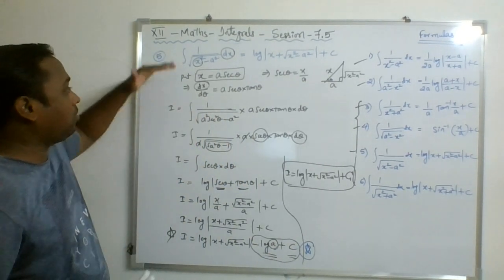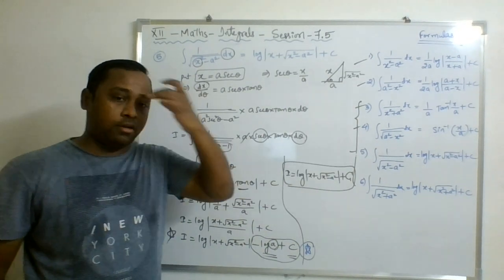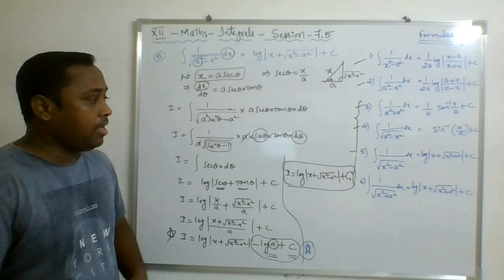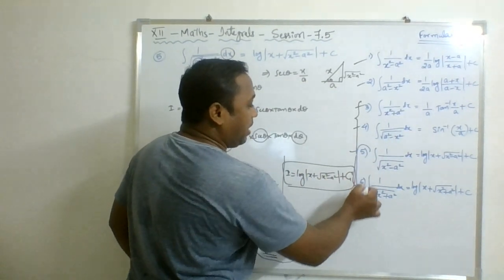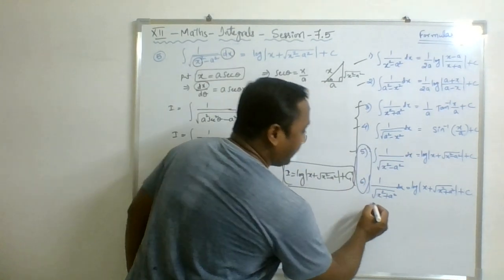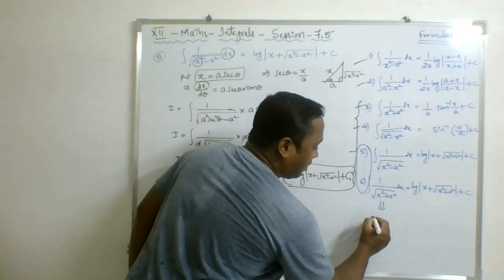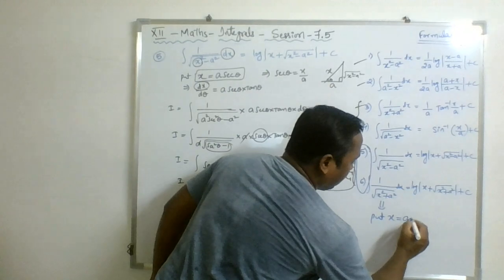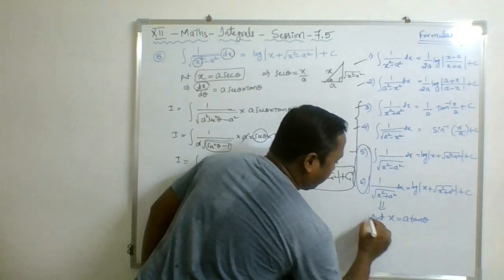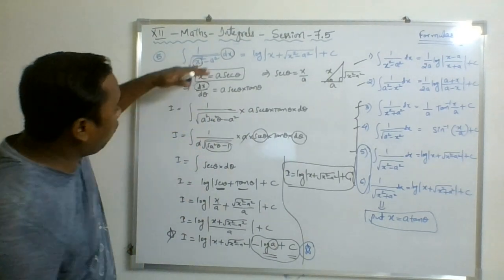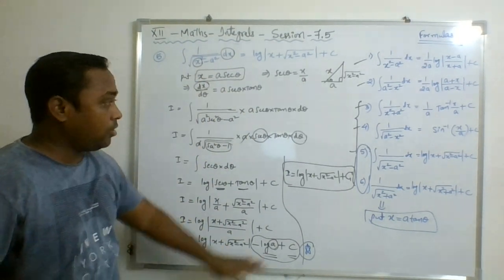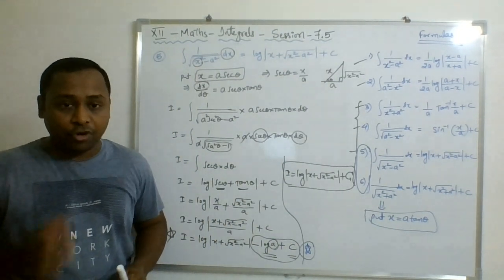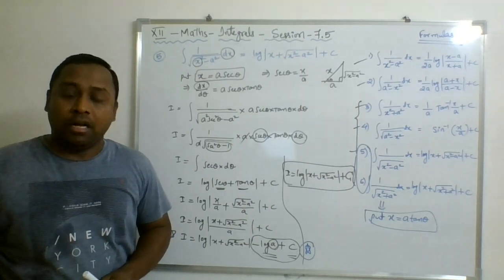So now, in the same manner, you can solve formula number 6. I will give the hint to get the formula here. This 5 and 6 are similar, right? So hence, I'm just giving the hint for this. Just go with the substitution technique by substituting x is equal to a tan theta. Just go with this substitution and follow this completely as it is. You will get the final answer. So I'm leaving formula number 6 for you people to think and apply.